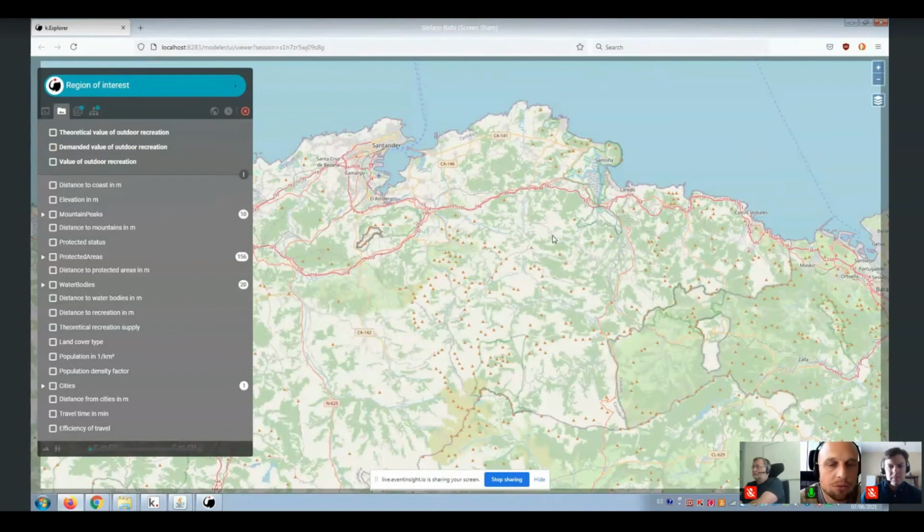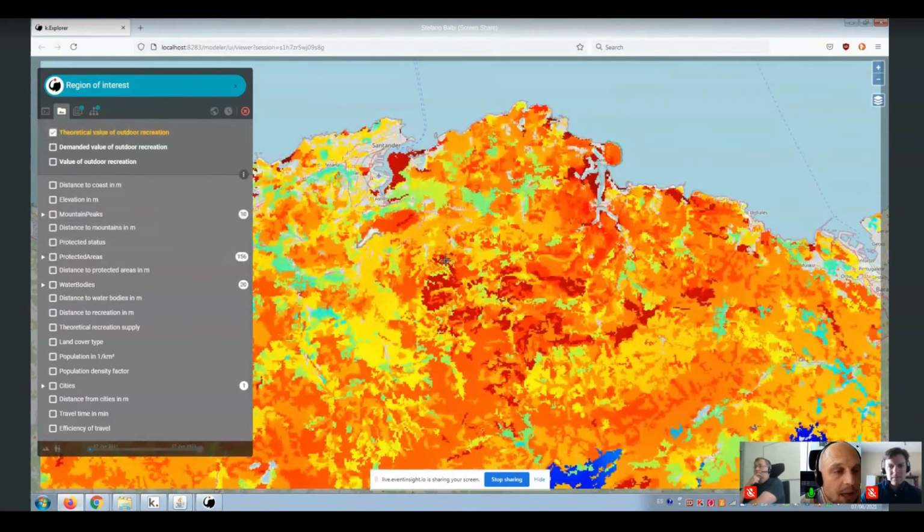All of them try to represent the two sides of ecosystem services, so supply and demand. In the case of outdoor recreation, the supply side is basically the recreational features in the landscape, and this is the main output of this model for this particular region in the north of Spain around Santander.